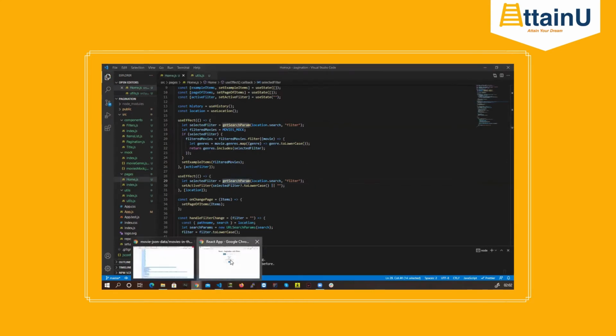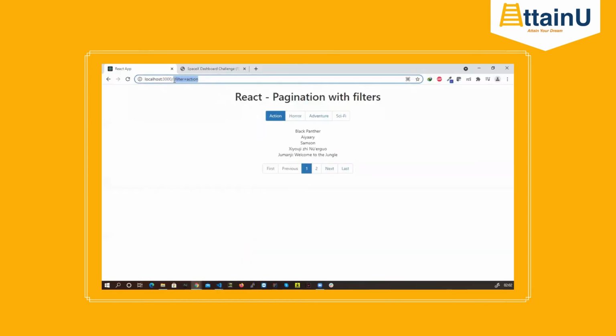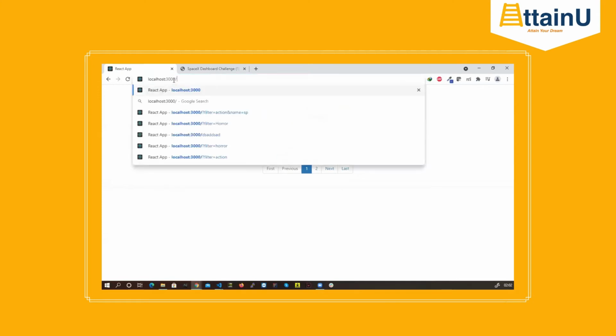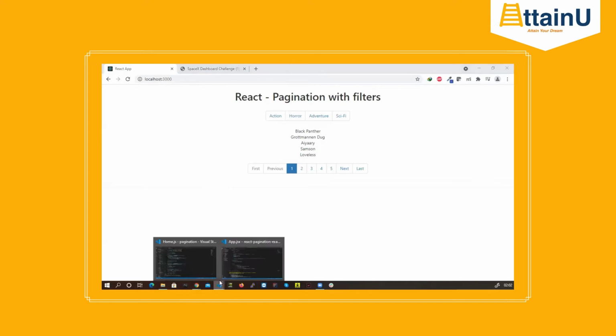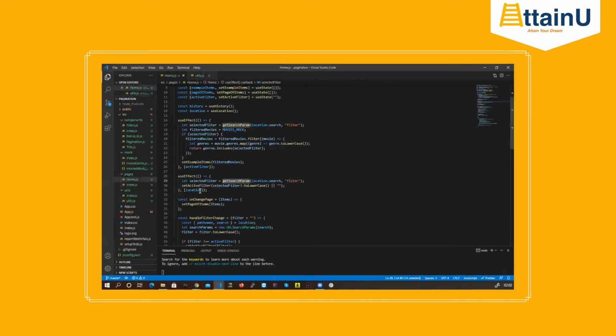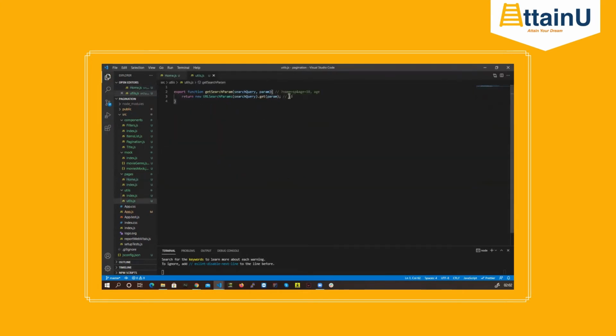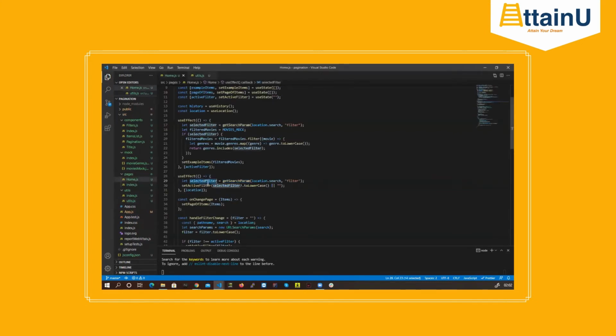Why am I using this? Because you can see here we have this query, right? This is not going to be there initially. Okay, so initially when my component runs, this use effect will run, this method will run. At that time, this method is not going to find anything, right? So this search filter value would be nothing then.